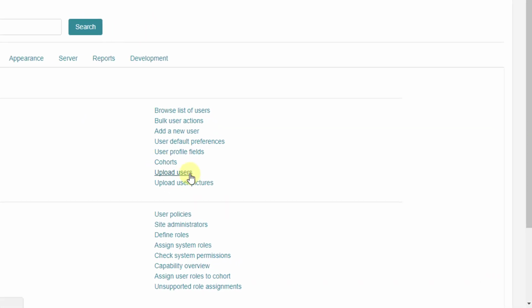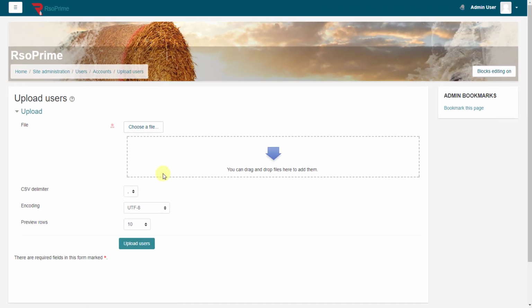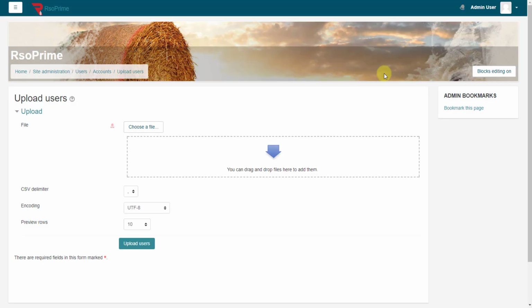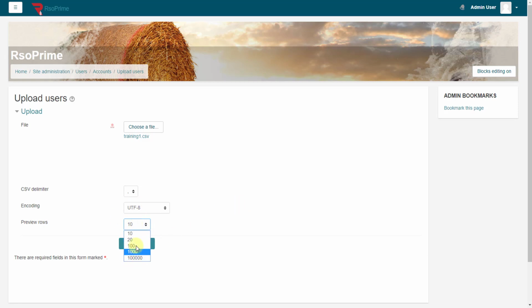We go to upload users. And then we get our file. So we'll choose our file. You can either drag and drop it or upload it from there. I'll just do the drag and drop. And then we can pick the preview rows. So if you have more than 10, pick 20 so that you can see them, and so on and so forth. We've only got 2 in there, so 10's fine. Click the upload users button,